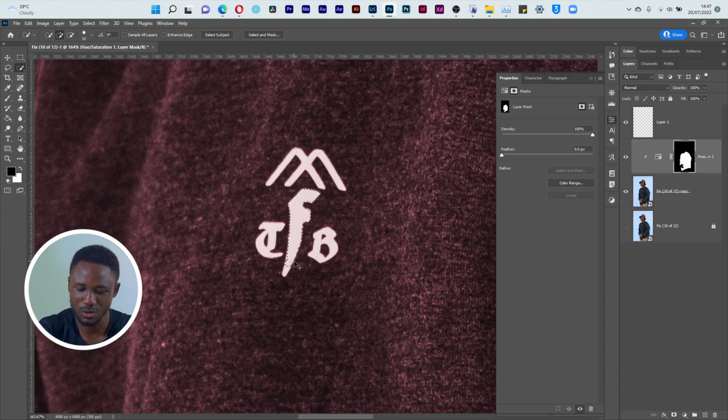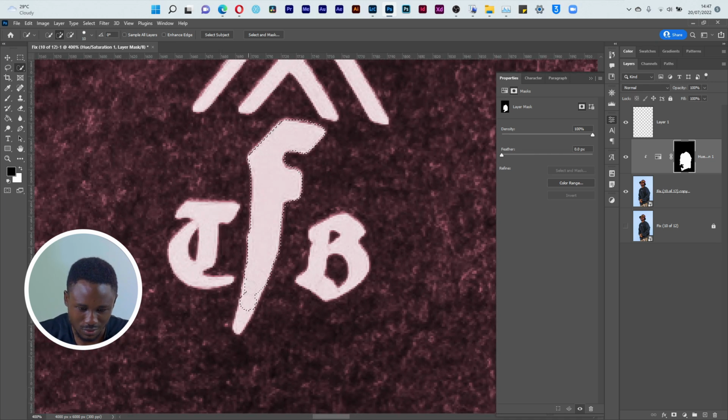So all of the tools in Photoshop have their place. All you have to do is know how to use it and when to use it. So I've selected the F. What we want to do is also add to our selection, make it smaller so I can move around. Make it bigger, let's see. So you'd have to do this meticulously, but I think I would have preferred just to use the pencil to